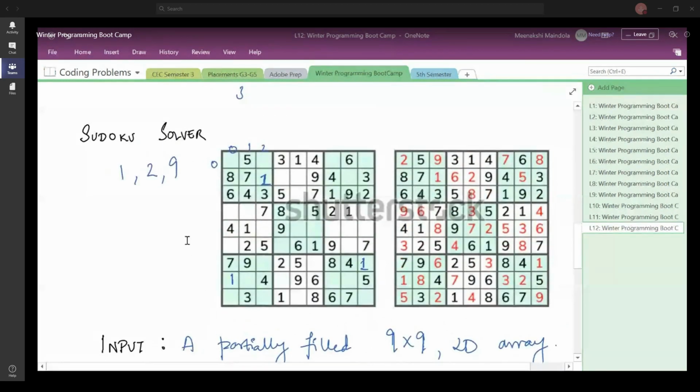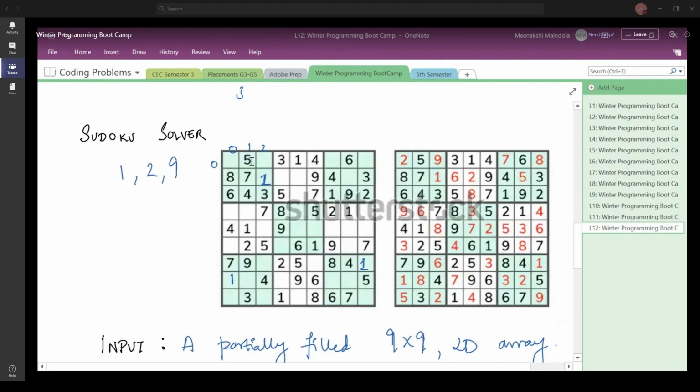So what did we do here for this particular case? Let us say you picked up 1 and you wanted to assign 1 here, but before assigning you checked if it was safe or not. To check, you simply traversed the same row and the column and checked if it is possible to fill in 1 here. This was not possible. So what did you do? You moved to the next element.